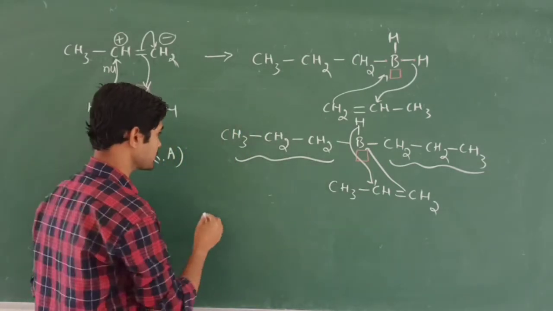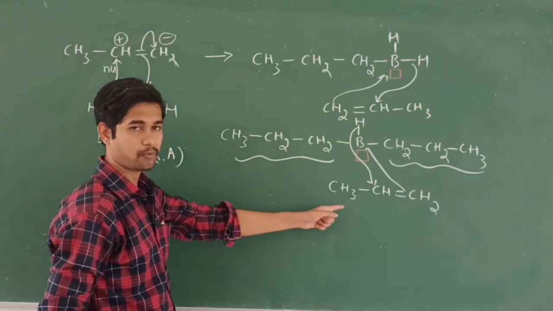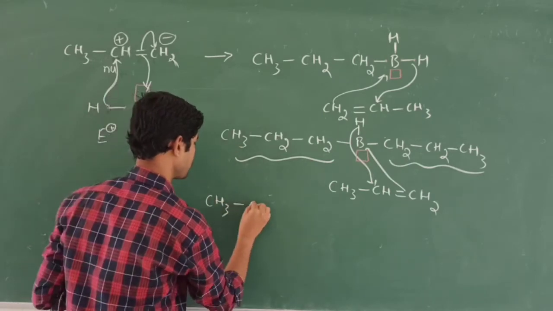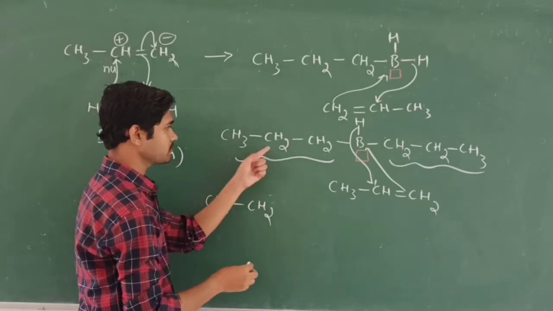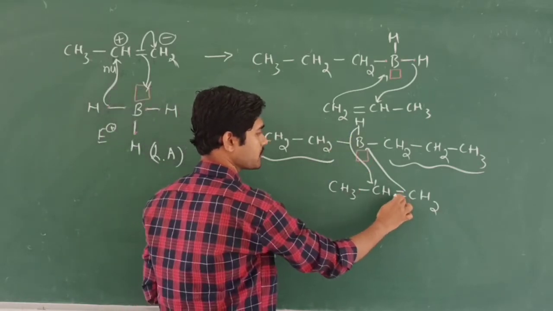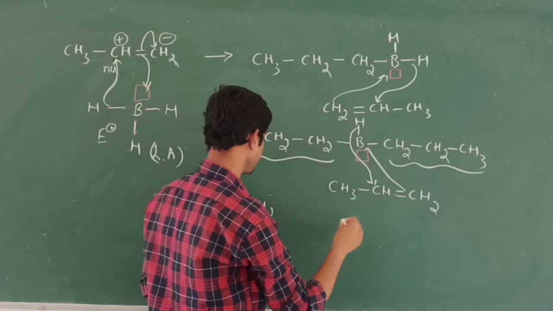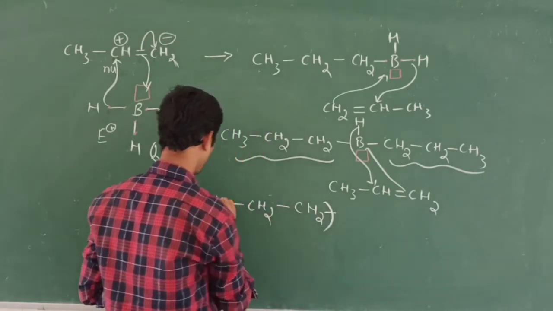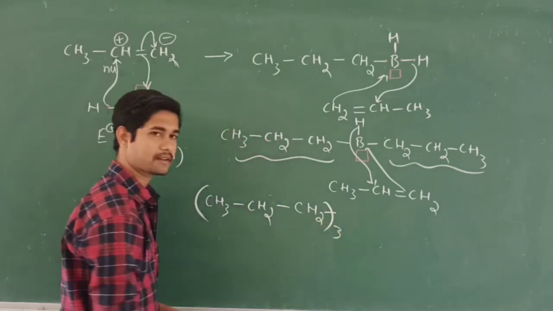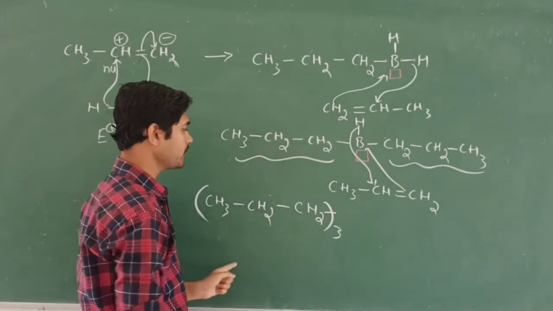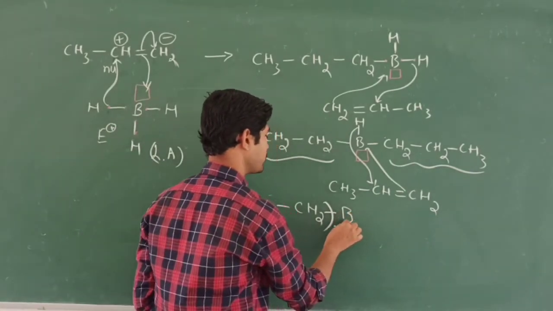So now I am going to write this propene 3 times, in the form CH3, CH2, everything the same. After this hydrogen attacks this carbon, the double bond becomes a single bond, which is called an addition product, right? So I will write this compound 3 times. Right, this is 1 time, this is 1 time, this is 1 time. That becomes the 3rd time, and the remaining group is boron.